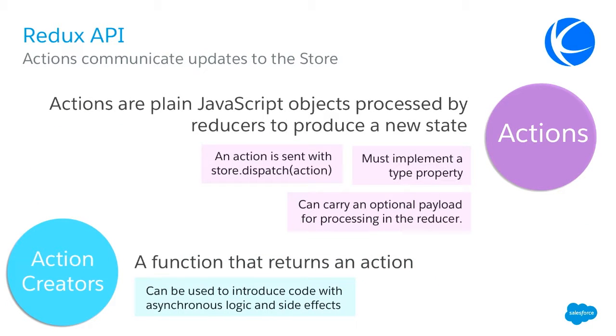So actions are plain JavaScript objects, and they're processed by the reducers to produce the new state. As I said earlier, you call store.dispatch. The only requirement for a Redux action is that it implements a type property. And that's the only requirement. You can pass additional parameters as a payload to the reducer to process additional things, but the type is the